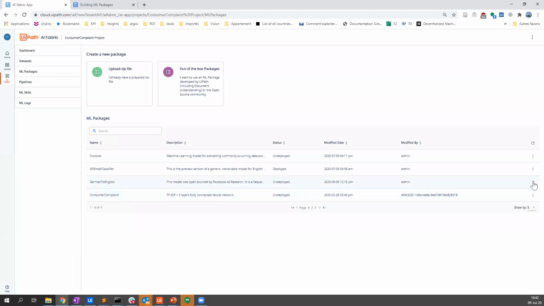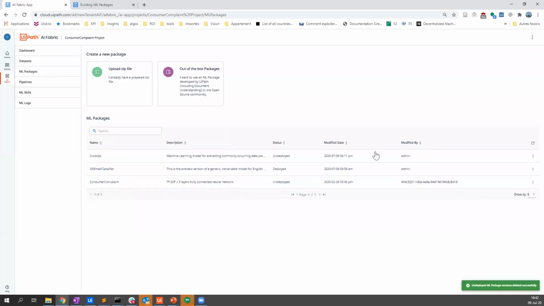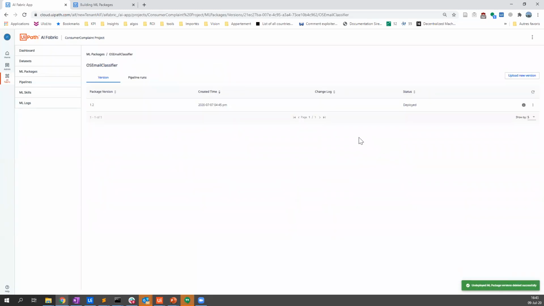You can also do it from here. Let's do it with this one. Delete undeployed version. So even if I have multiple versions that are all undeployed, it will remove all of them, and the package will be removed, except if some of them are deployed. So if I do that here, I will get a message like, okay, all undeployed are removed, but because this one is deployed, it is not.